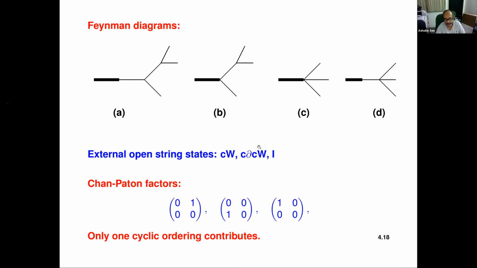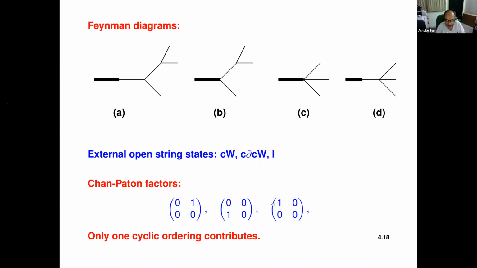This is the conjugate state. So this should carry a Chan-Paton factor that is the conjugate, from spectator to the original D-instanton. So that's this Chan-Paton factor. And this is the gauge transformation parameter that is living on the original D-instanton. So its Chan-Paton factor is diagonal, but only diagonal in the 1. Right? Because you are not using a gauge transformation parameter on the spectator. That's there just for comparison.